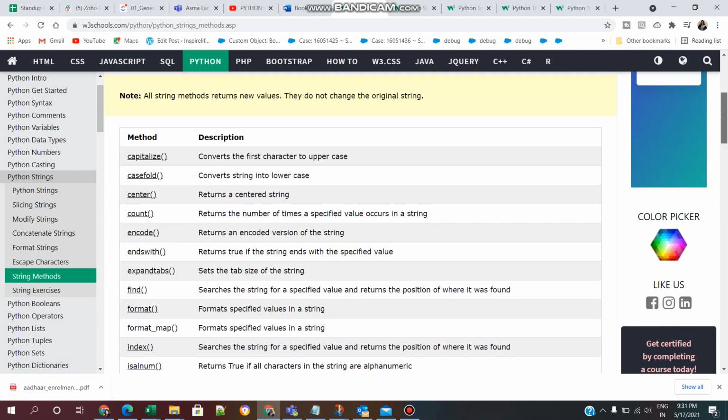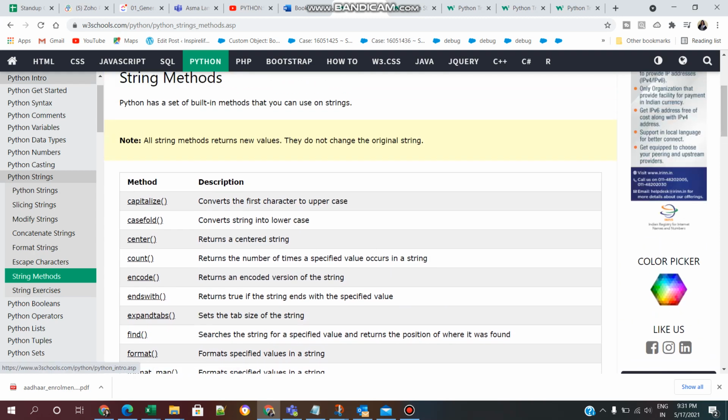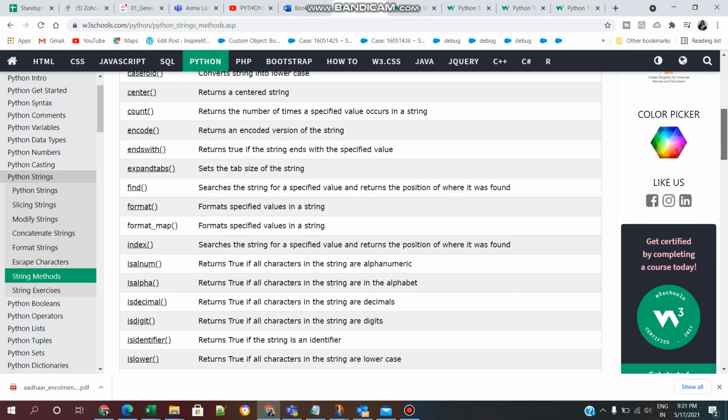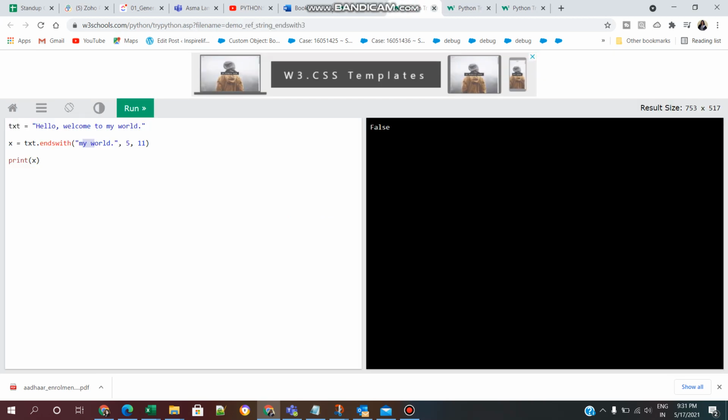So let's get started. In previous videos, we already saw Python intro, syntax, comments, variables, data types, everything. Now we are doing Python strings, in which we are seeing built-in methods. So we will see one by one.